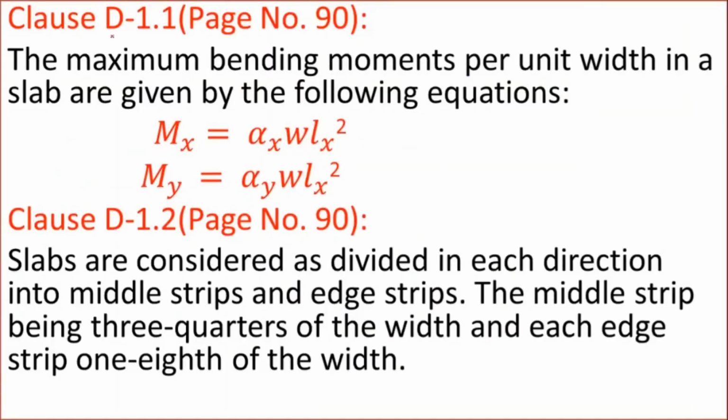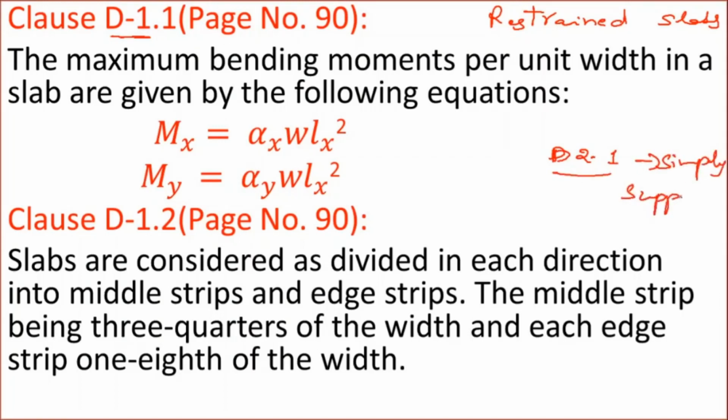Now the clauses start with D1 point. They are related to the restrained slabs. Whatever clauses start with D2 point, D2.1, 2.2, these are for simply supported slabs. So whatever clauses I am going to discuss now, starting with D1.1, are related to